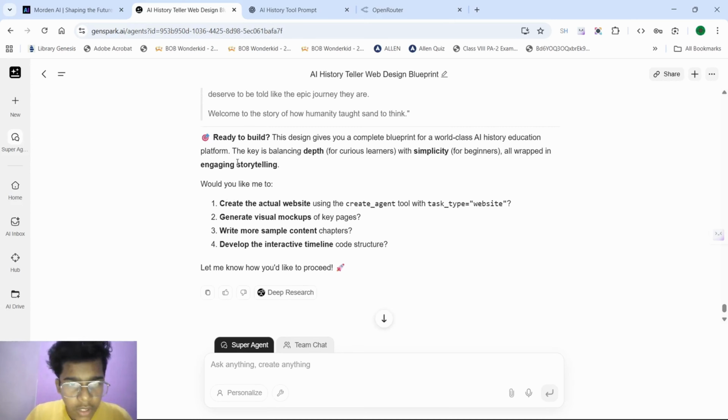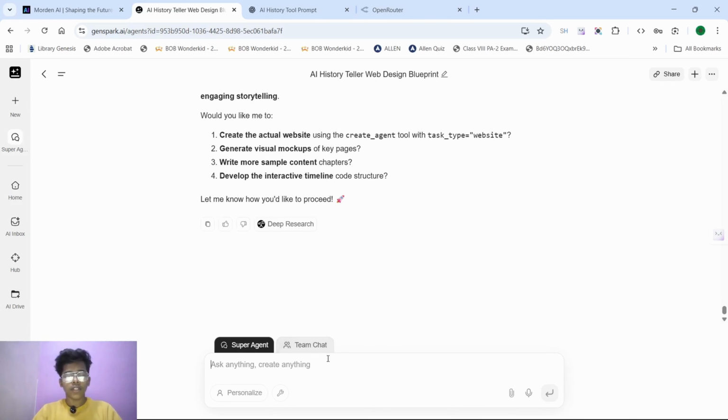GenSpark is asking whether I'm ready to build the design, and it gives a blueprint for the AI session. So I will say yes, I am ready to build, and also use the OpenRouter API. I will give this API key,